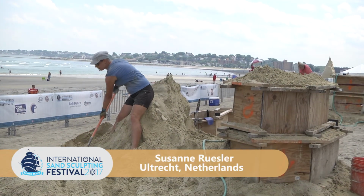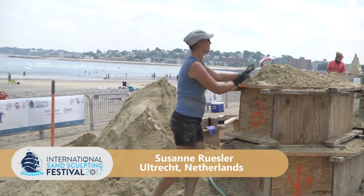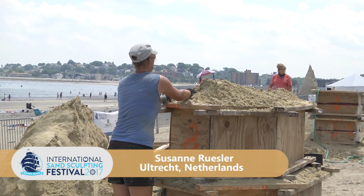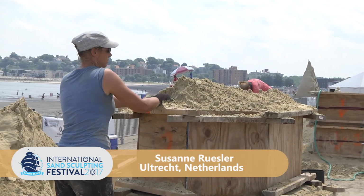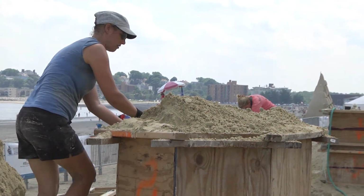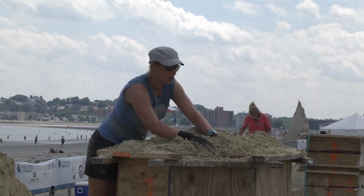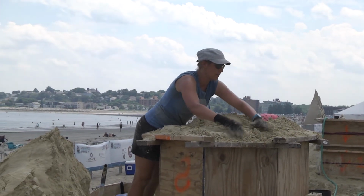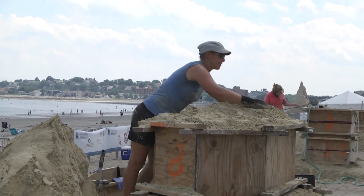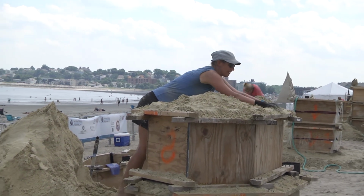We're with Suzanne Roosler from the Netherlands, and we talked a little bit about, she just stopped. I was going to point out about pace, that we talked about Sue, the way she was pacing herself with the shovels. Suzanne was doing the same thing, but she also was using the pile of sand that she has here to lean on to make it a little bit more comfortable every time she threw one of those shovels up there. She's well underway,